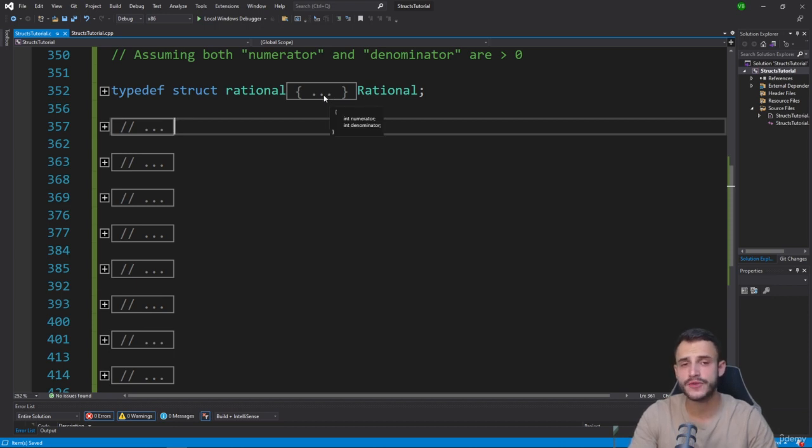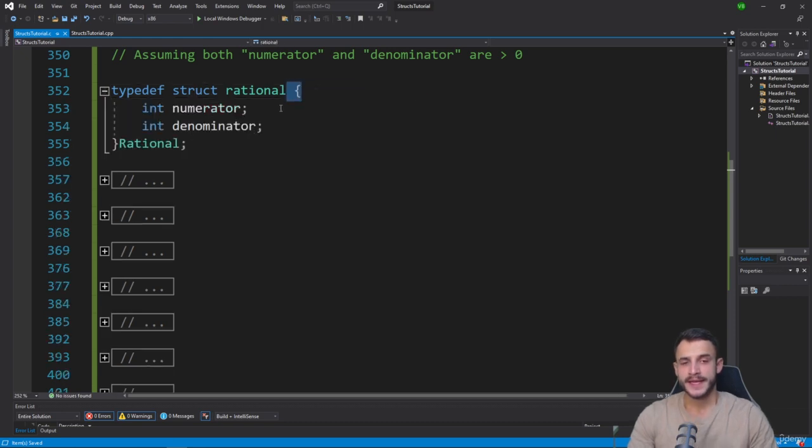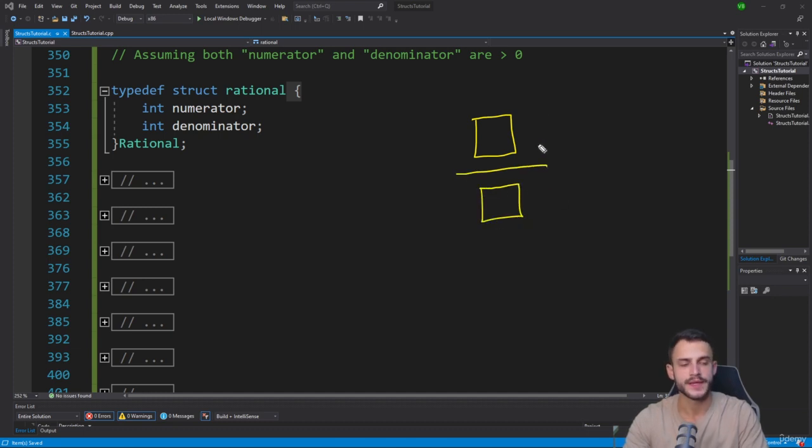So first of all, we need to create the structure itself. And the way we do that is simply by writing down the following line. Typedef struct rational, specifying the fields of this structure, and the fields are going to be as follows. There is the numerator and there is the denominator. So it's going to look like this if I'm going to get my awesome pen. So basically every rational number is going to look like this. So this is a rational